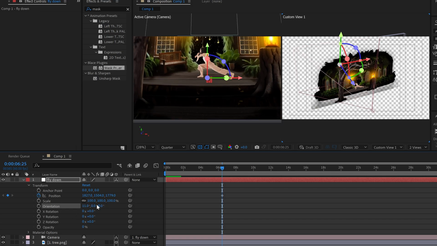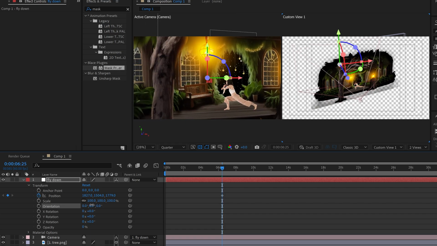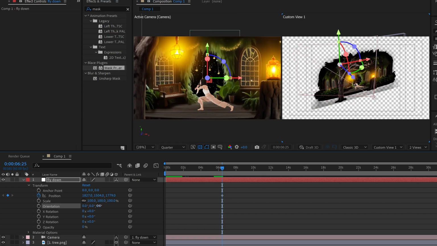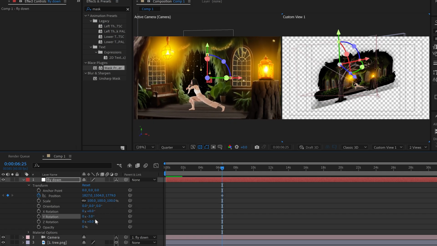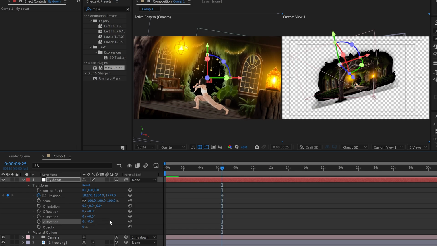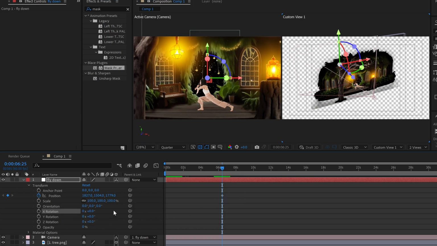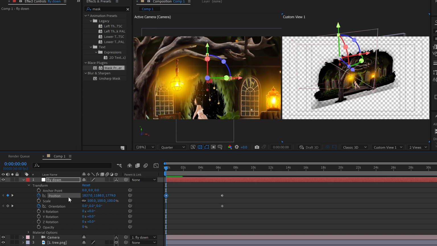You can tilt up and down. You can tilt left and right, and then side to side. Same as this one, up and down, left and right, and also the rotation as well. If you're not looking to go too deep into this type of rotation, we can just get ourselves an orientation right here. Going back to the start of the video, we need the camera to fly down into the scene,